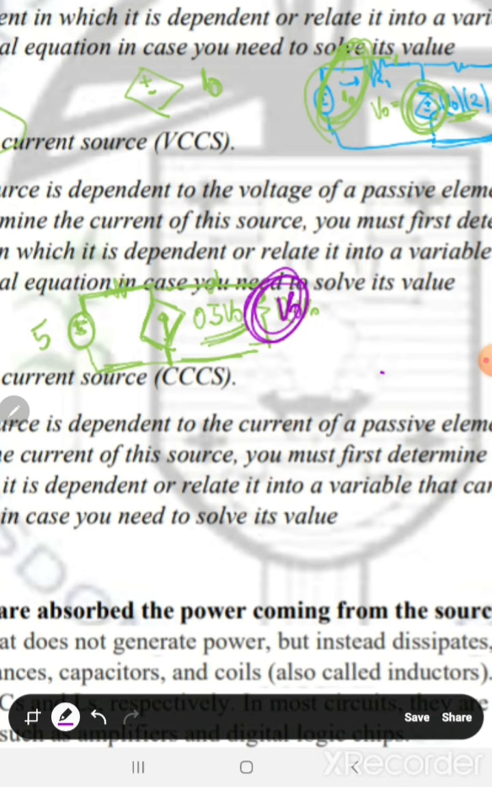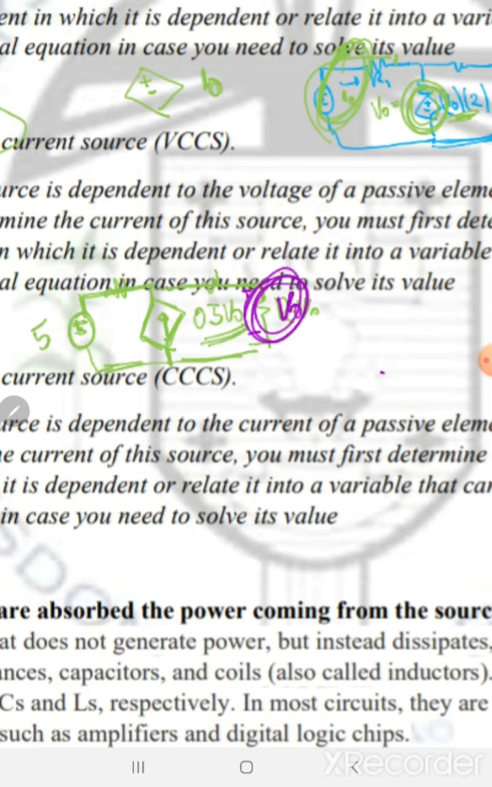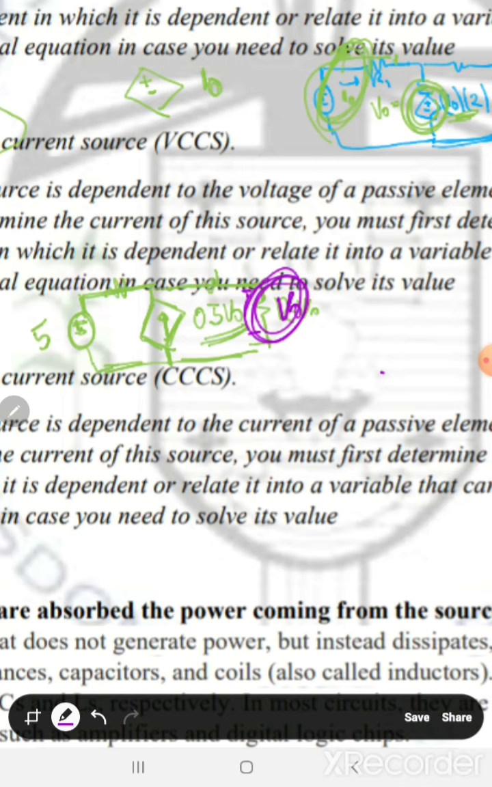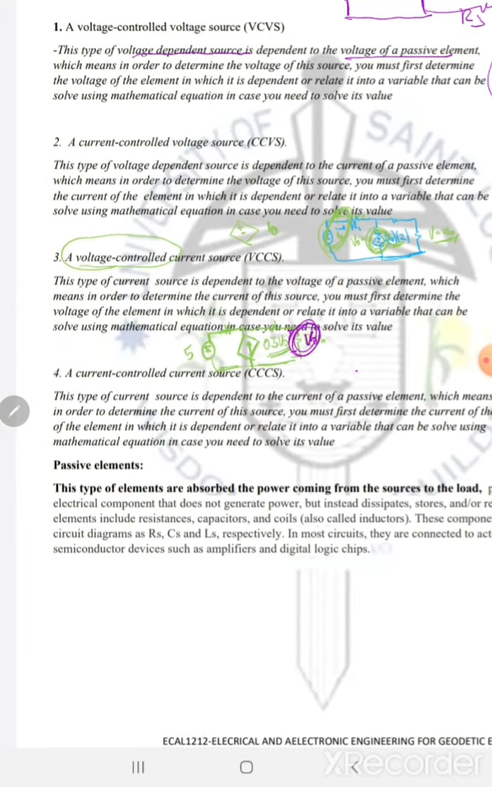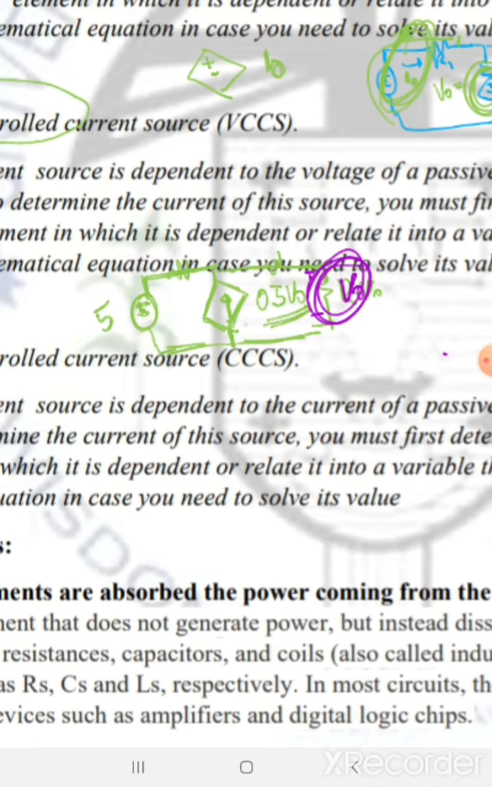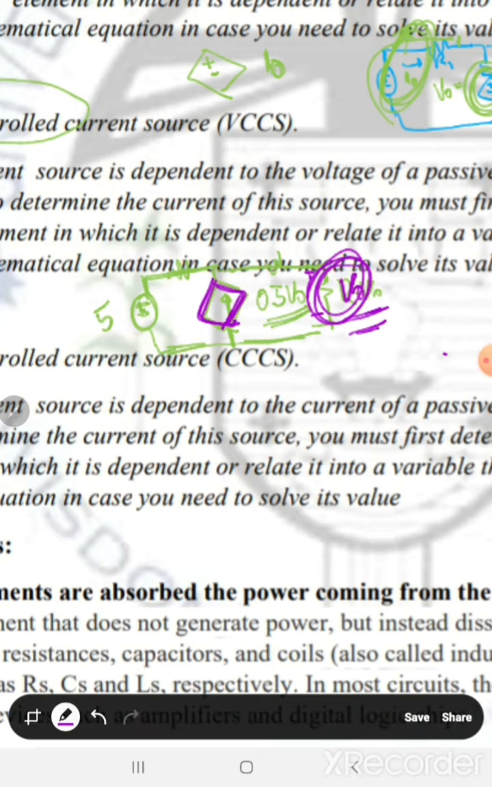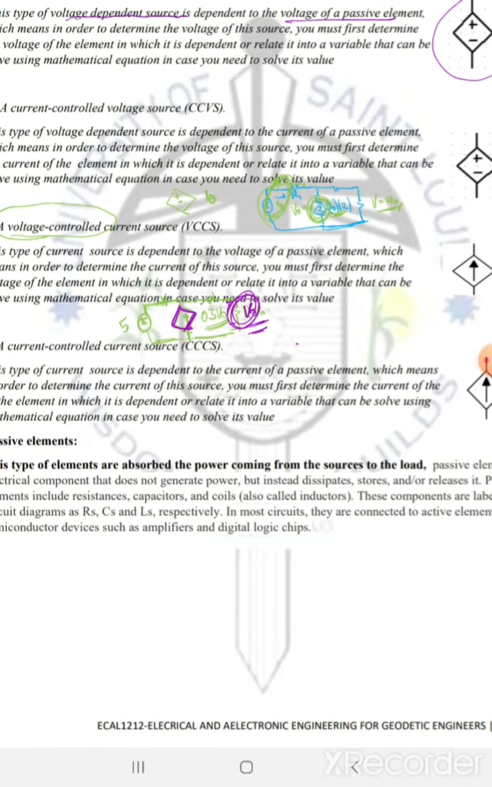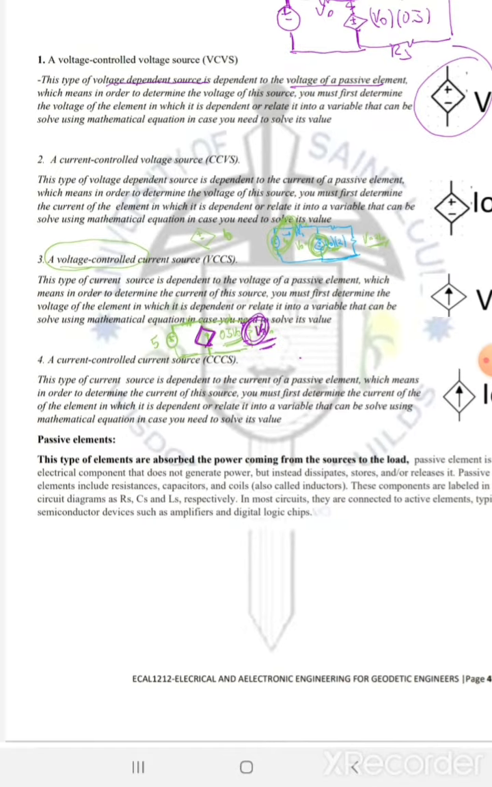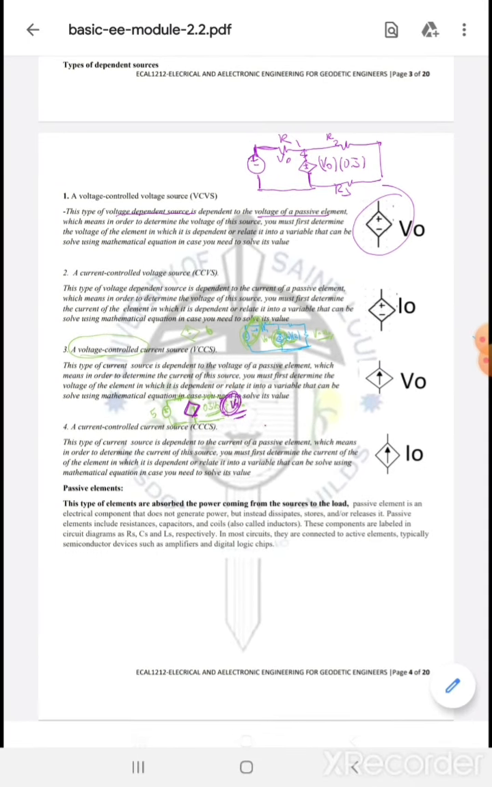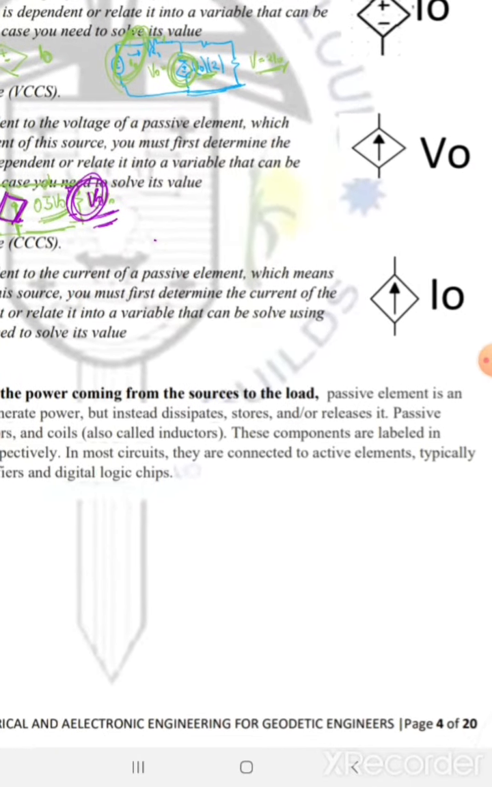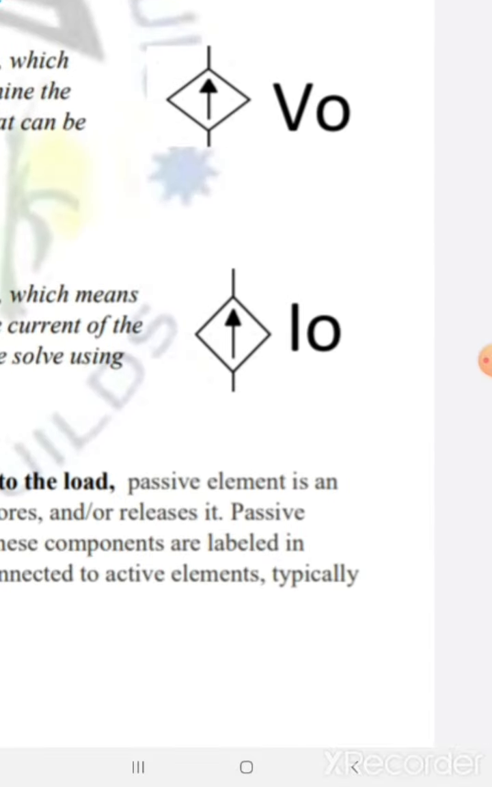Okay? So, positive, negative. Ibig sabihin ng voltage controlled current source is that your current, or the value of this current, is dependent on the value of the voltage of a passive element. Okay? Next is a current-controlled current source. Pag current-controlled current source siya, mapapansin mo na diamond, di ba? Diamond,